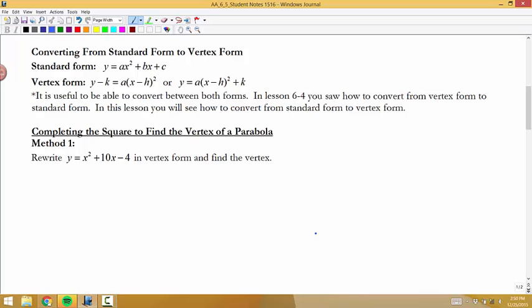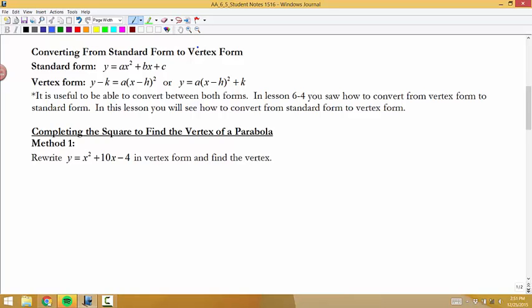As I mentioned at the very beginning of the video, the main goal in this section is to be able to convert any quadratic in standard form and put it in vertex form, because remember, in vertex form we can easily find the vertex of our parabola. I want to look at two different methods of doing that, and this idea of converting back and forth between the two forms is going to be key level 1 stuff that you'll have to be able to do in this unit. So first of all, I want to look at using the completing the square method